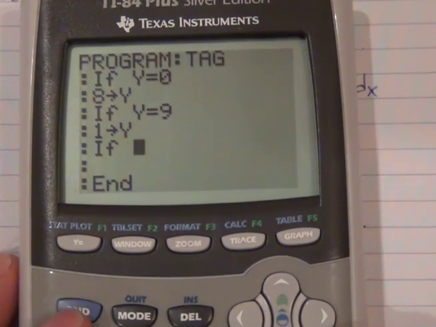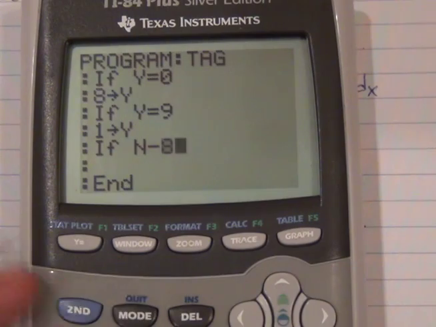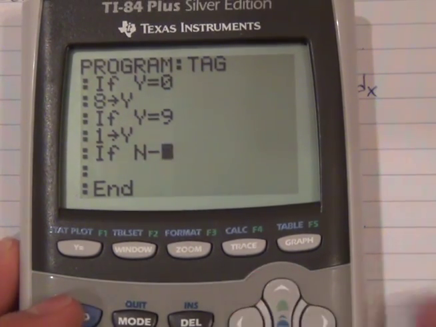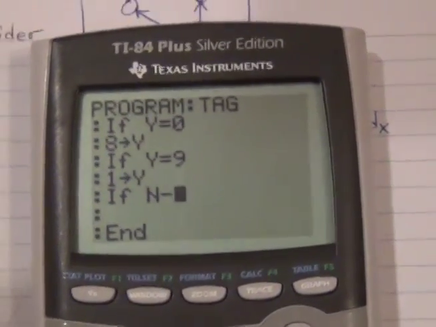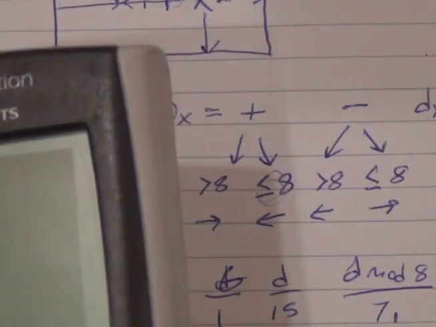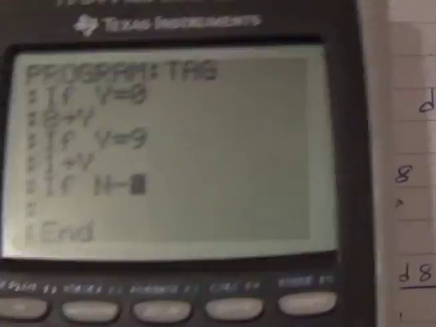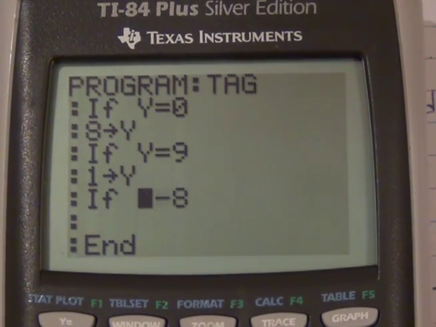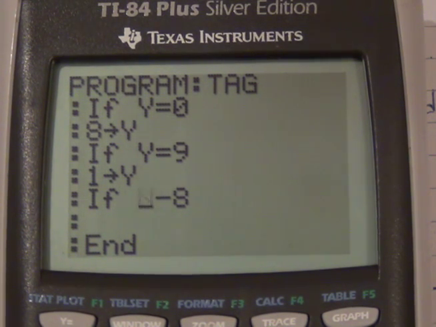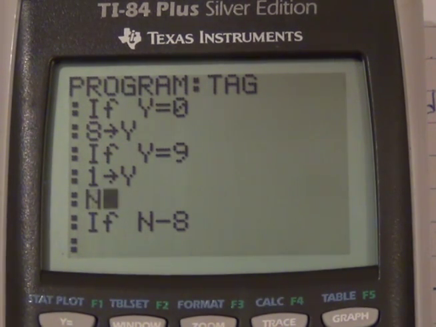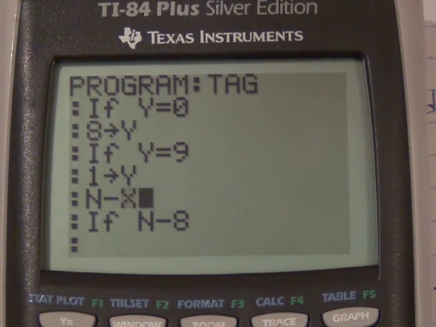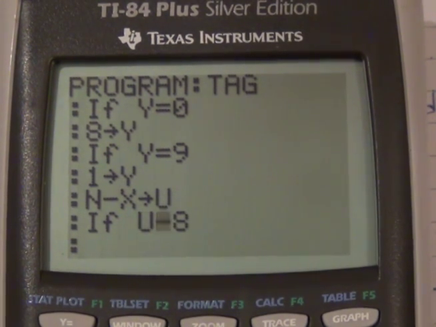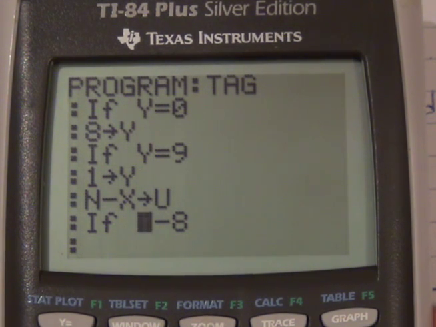If his x is n, so if n minus 8, and I'm starting to think not n minus 8, but we'll take the distance between us and call it n minus x, and that'll be the distance, which we'll call u. Okay, so if u is positive,